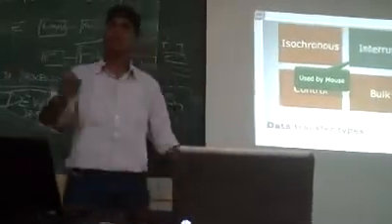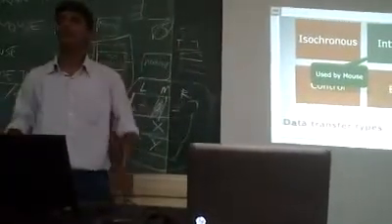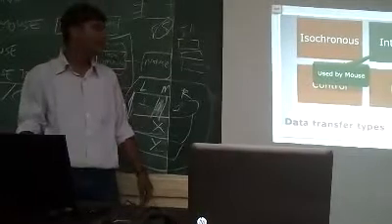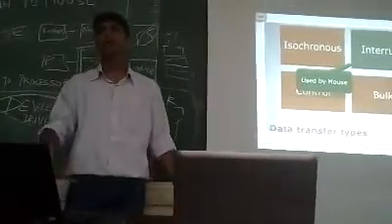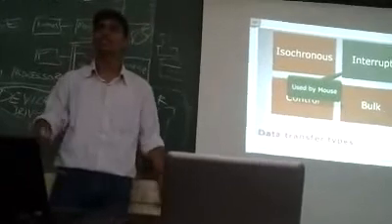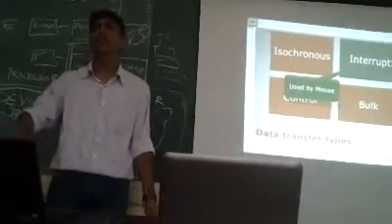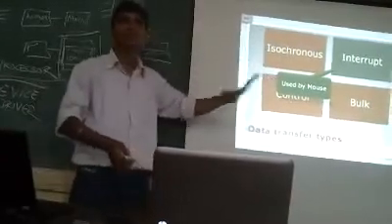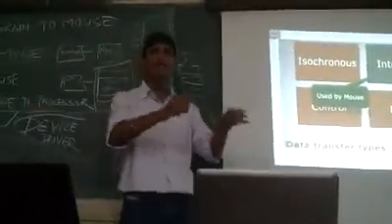Isochronous: in the case of a printer it was fine if it comes after 2 seconds. But if you are playing a song, then you don't want it like the Reliance 3G advertisement that you saw. After every 2 seconds it stops and then after every 2 seconds it resumes. So that is why isochronous mode, so there is no delay, and it's not in bulk. So that is why we have different modes.